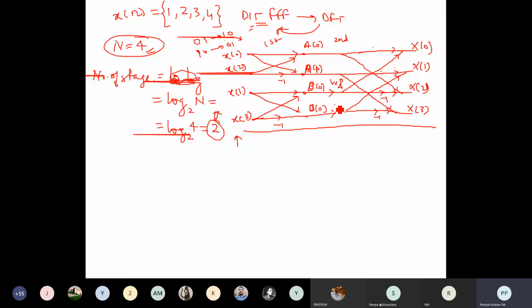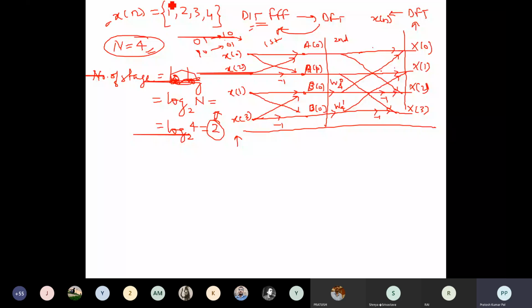Whatever value is at the second stage will be your second stage value, and this second stage value will be the DFT of your input x of n. Whatever x of n is given, that will be the DFT at the output of the second stage. So from there we can directly calculate the 4-point DFT of the given sequence. This 4-point DFT calculation can also be done by using FFT algorithms. That will be just the truncated 8-point DFT program we are having.